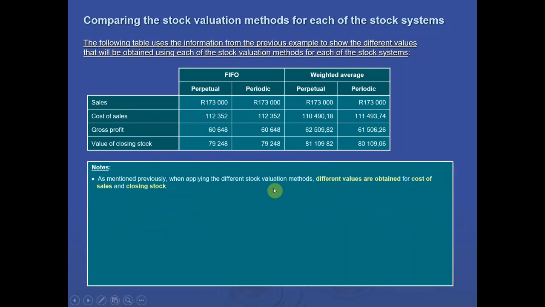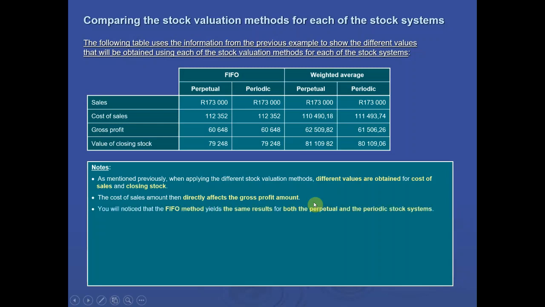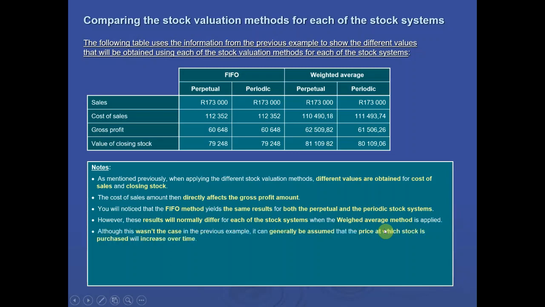As mentioned previously, when applying the different stock valuation methods, different values are obtained for cost of sales and closing stock. The cost of sales amount then directly affects the gross profit amount. You will notice that the first in, first out method yields the same results for both perpetual and periodic stock systems. However, these results will normally differ for each of the stock systems when the weighted average method is applied. Although this wasn't the case in the previous example, it can generally be assumed that the price at which stock is purchased